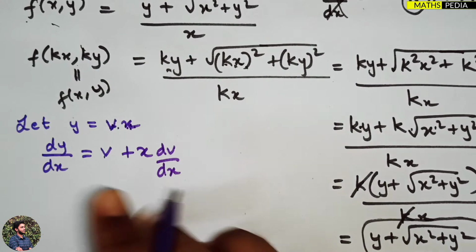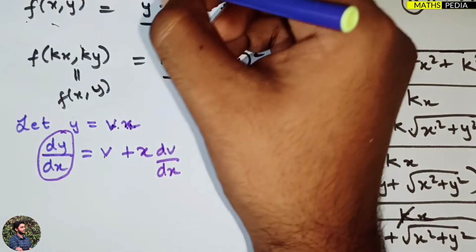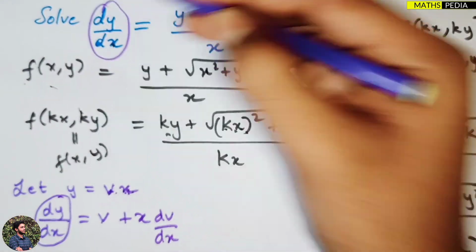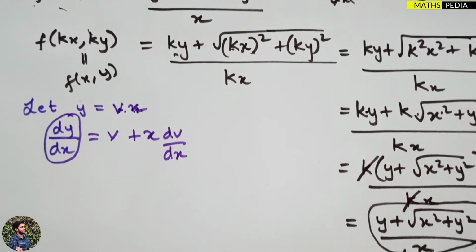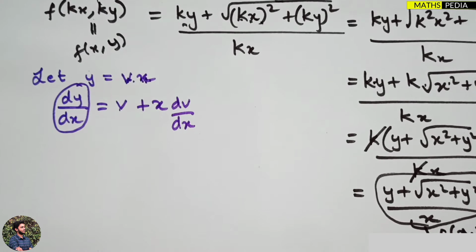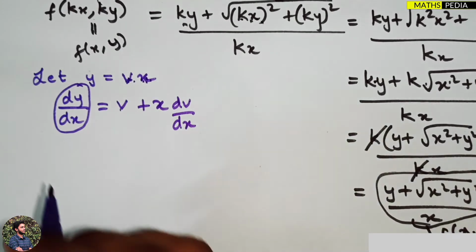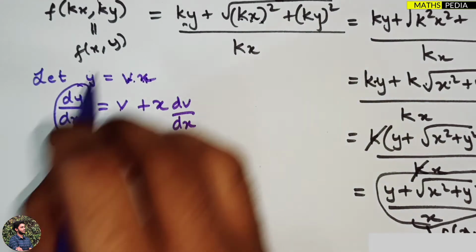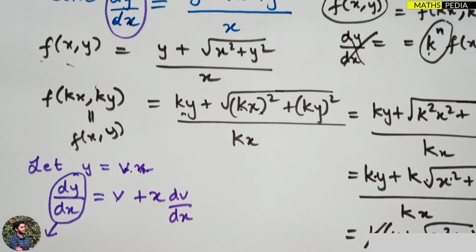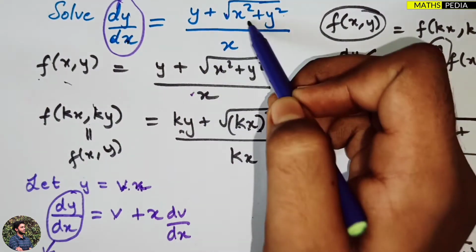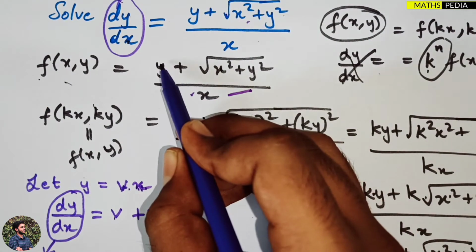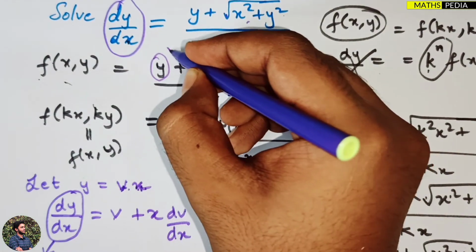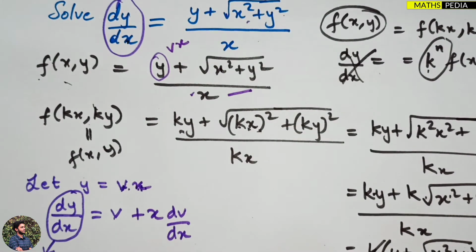Now after writing this, you can see here also dy by dx is there. In the question itself also we have dy by dx, right? Now both sides we have dy by dx. Next, while writing dy by dx, in this place I can place the question itself. So this question, while placing over to the LHS side, you have to change y as Vx. This is the important thing, y as Vx.